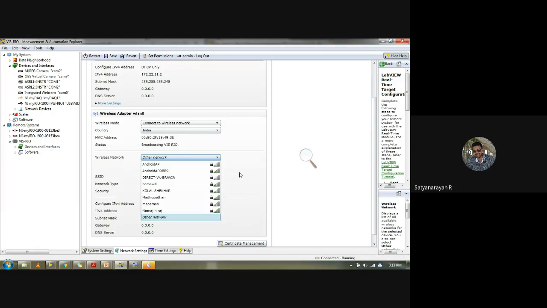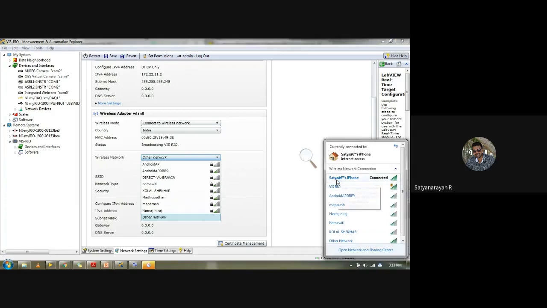I want to create a hotspot on my cell phone, and that cell phone will be connected to my laptop. This is what I've actually done. I've already connected to my phone. It is already showing, so I don't know why it's not showing under MyRio. Maybe I just gave it limited access, I hope so. So I have to check the settings. But meanwhile you can just create a hotspot and connect to your laptop. That laptop should again be synchronized with MyRio.